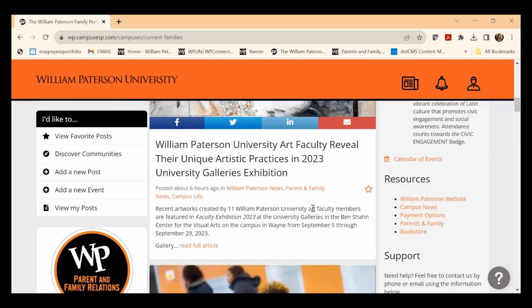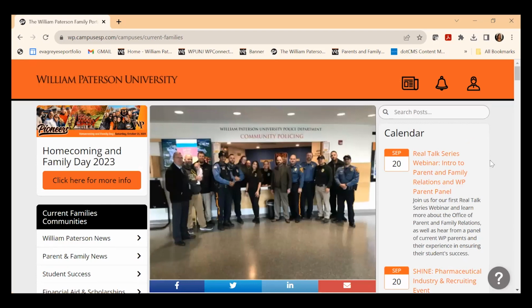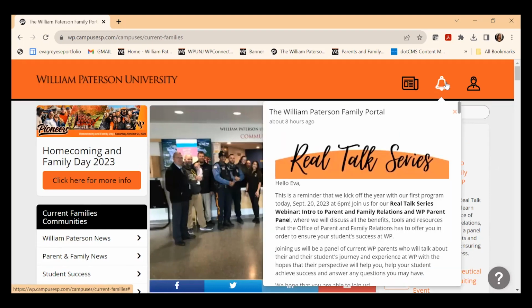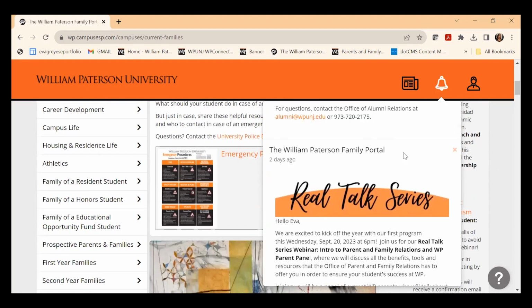And again, all of the information that is shared on here is based on your interests. Then you have this little bell, which is all the announcements that have gone out since the inception of the portal, or since you became a user of the portal.